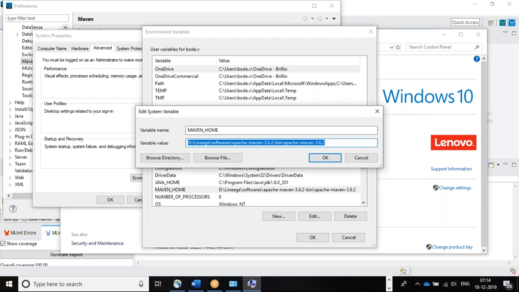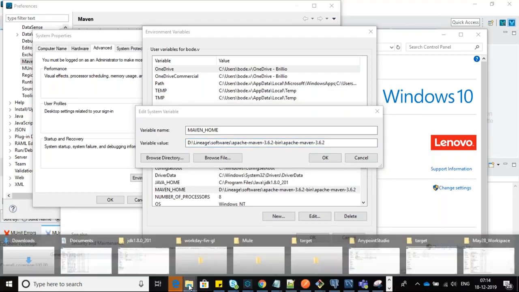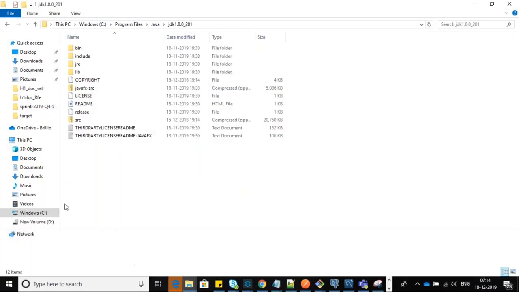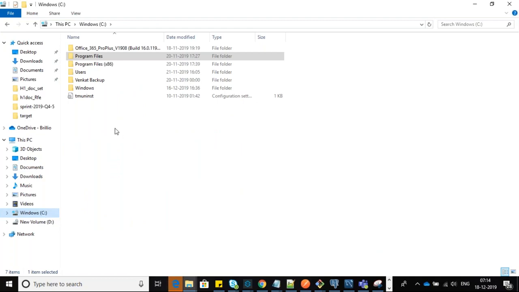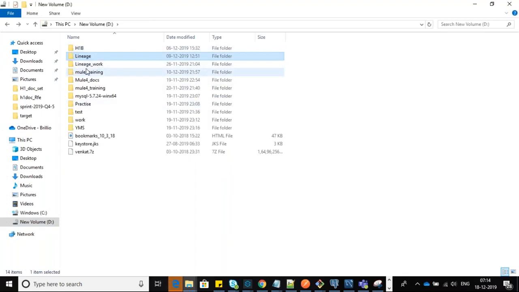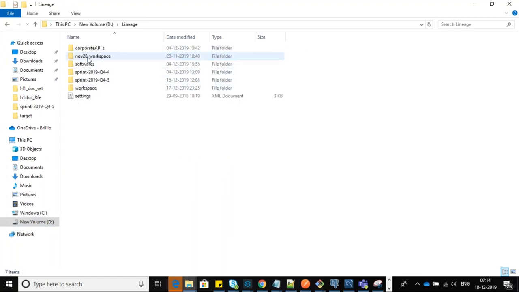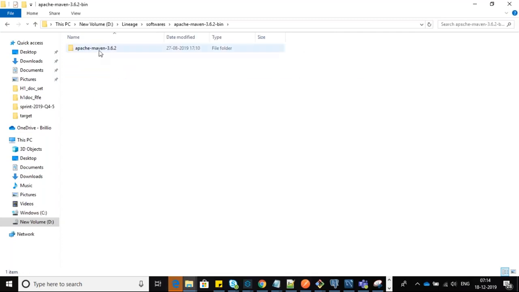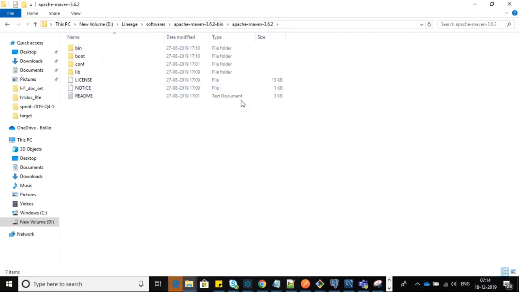But you said Maven is not an installer, right? As far as I remember, you have to unzip it. It might be zipped content you download, right? You have to unzip it. It's not installable, yes. It's a configurable. Once you download it, I'll show you the path. You can see it here. This will download like zipped content, and you have to unzip that one. This is the unzipped one. Once you unzip it, this path you have to keep in the classpath. Otherwise, it's not able to recognize it.